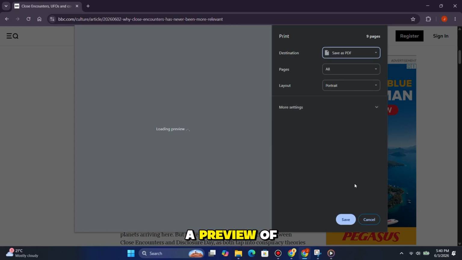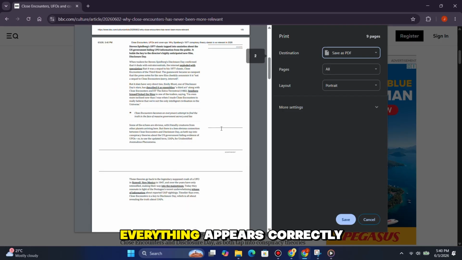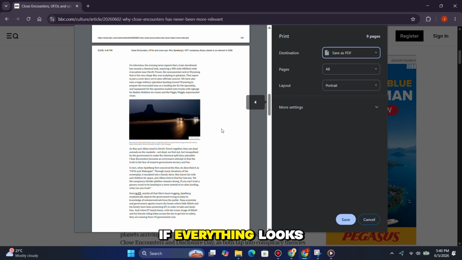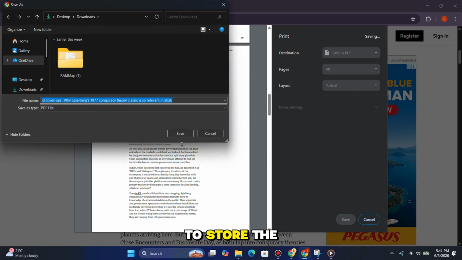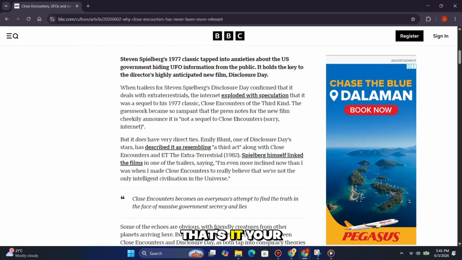You'll now see a preview of how the web page will look as a PDF. Take a quick look through the pages to make sure everything appears correctly. If everything looks good, click Save. Choose the folder where you'd like to store the file, give it a name if needed, and then click Save again. That's it. Your web page has now been saved as a PDF and can be opened anytime, even without